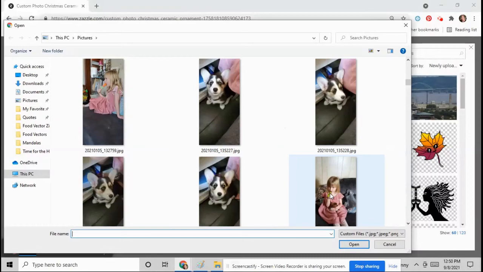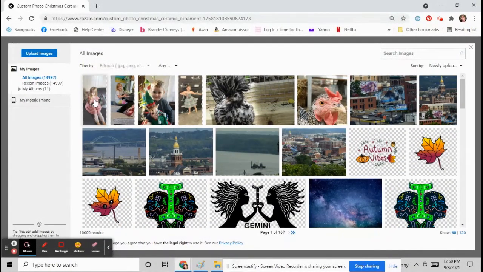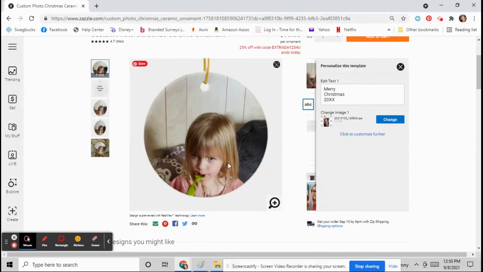Let's see what we got here. Okay, I'll pick a little picture of my granddaughter, just a random picture, and add that. Maybe not the best picture of her eating pudding, but it will automatically fill in the whole ornament. Now, if you don't like the positioning of the ornament, click on